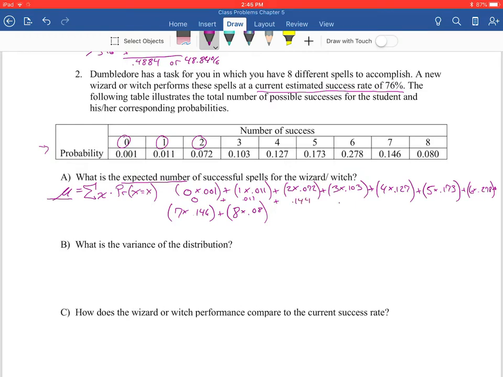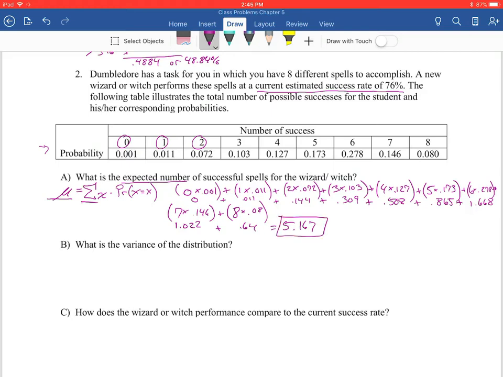144, 0.309, 0.508, 0.865, 1.668, 1.022, and 0.64. So remember, with these, we're having the sum, sigma, sum. So we're adding these all together, and when you add them all together, you get